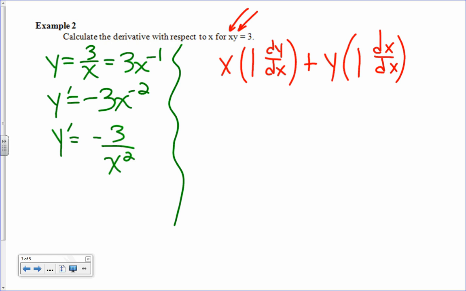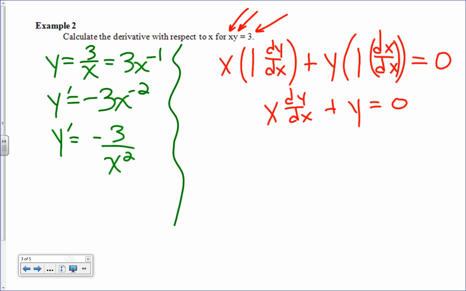dx equals, so now there is an equal sign, right? So if you take the derivative of the left side, you better take the derivative of the right side. The derivative of the right side is very nicely 0, because the derivative of 3 is just 0, right? So dx is just 1. So really that term right here is just y, right? This term here is x